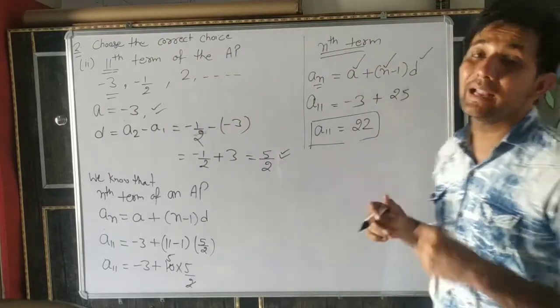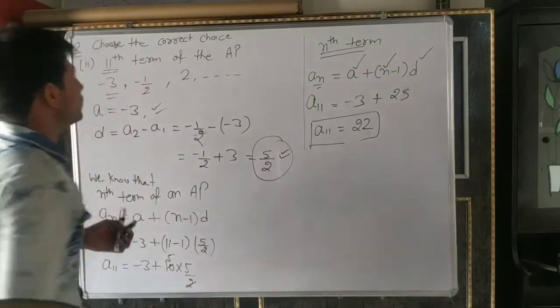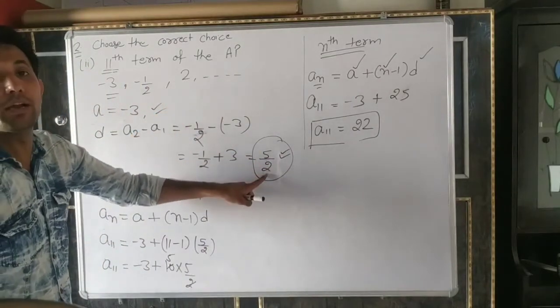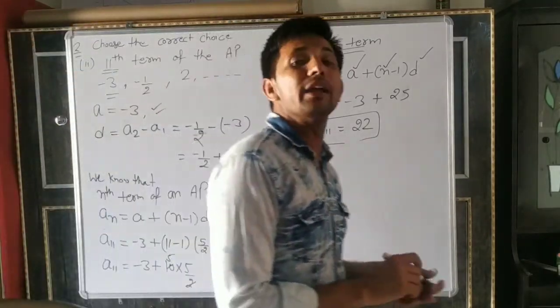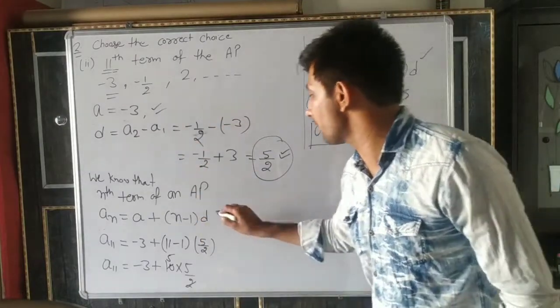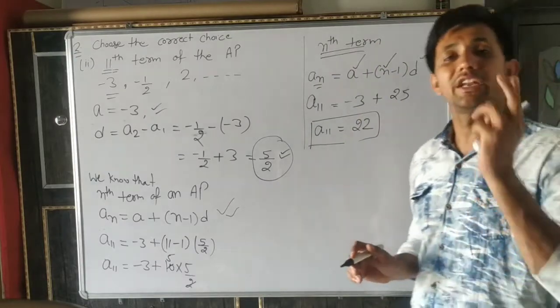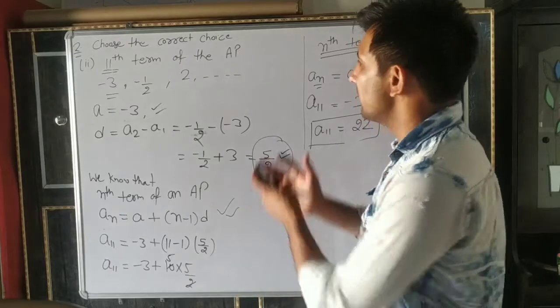And n means number of terms. Understand? But dear, d is 5 by 2, so it is very difficult. To find the fourth term, 2 plus 5 by 2, again we will add 5 by 2, 5 by 2. It is very difficult to add fractions. So this is the easiest formula. You have to remember only this formula. Every time in the question, 3 things are given and we have to find one more thing. Understand dear? Please note it down.